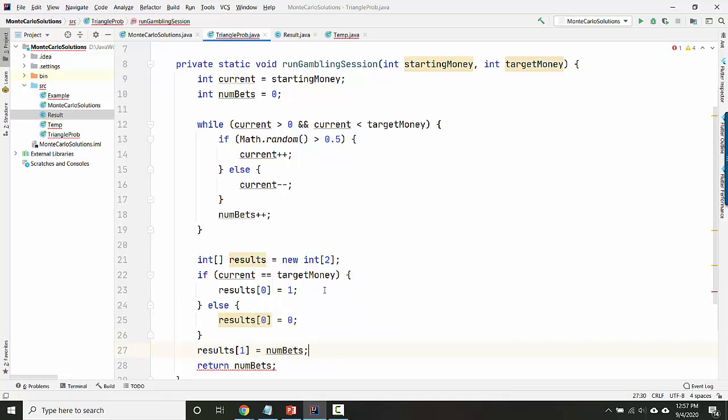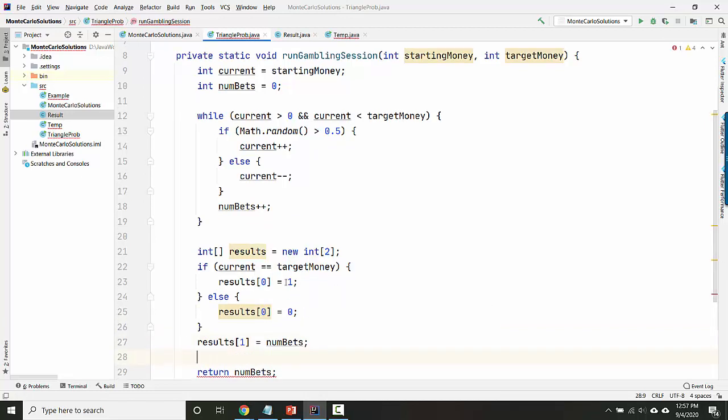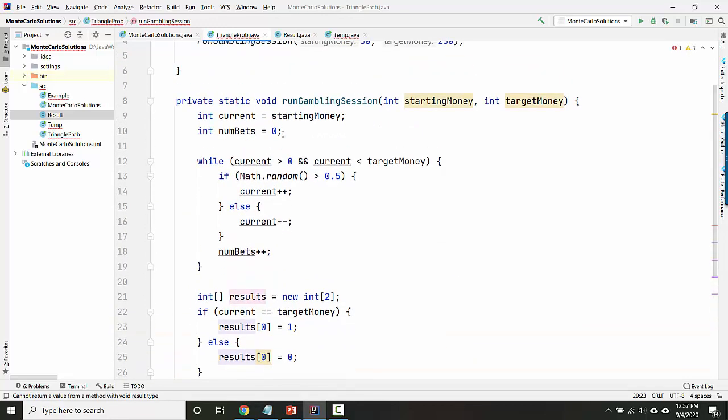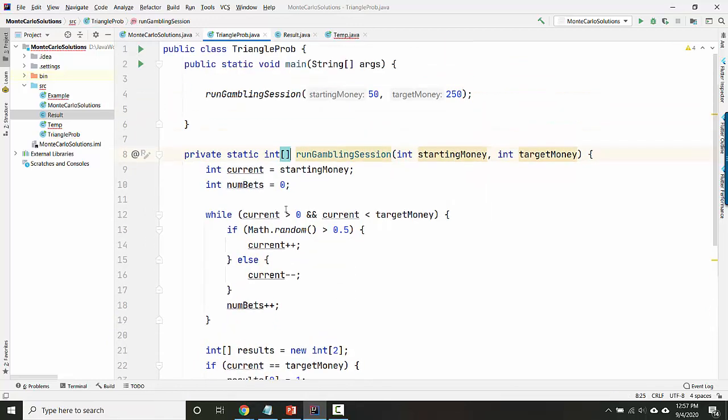So I've taken the two things that I want to save, whether or not they won and the number of bets, and I've saved both pieces of information into results, and then I can return results, which means that up here, the return type needs to be an int array. And then back up here, I could save it into